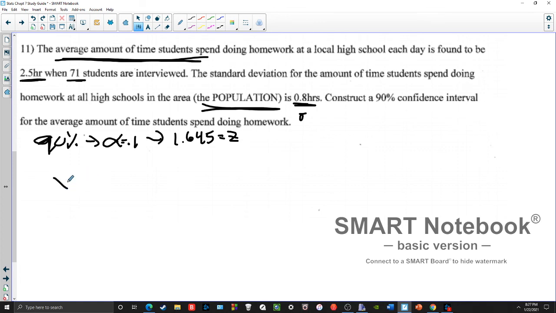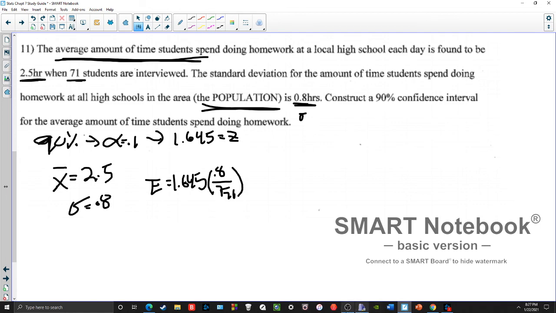My x bar, it says here the average number they have so far is 2.5. And my sigma is 0.8 as they point out in the problem. So the way I would figure out my margin of error is if I go 1.645, my z-score, times 0.8 all over square root of my n, which is 71. Again, I don't use degrees of freedom here because it's a z-score, so I don't need to. So you multiply all this through, and you get 0.156,